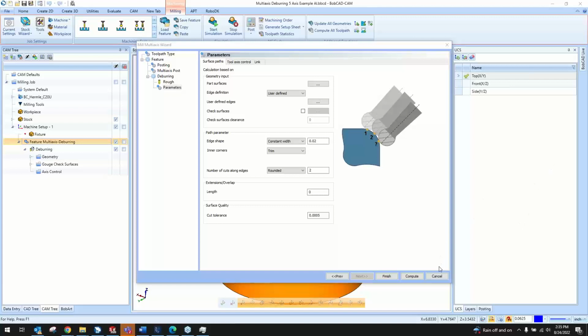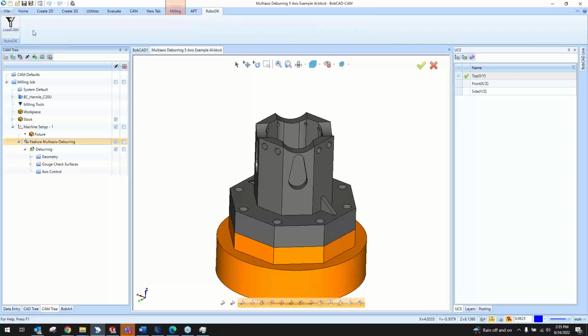So RoboDK is a newer partner of ours for robot arms. It is something coming out in the near future for everyone. For robot arms, you can load G-code in and be able to post a file and also load in a file from RoboDK, from that manufacturer specifically. So we're starting with RoboDK with robot arms, and then also able to program for other manufacturers in the near future. APT is another type of newer manufacturer that we're also